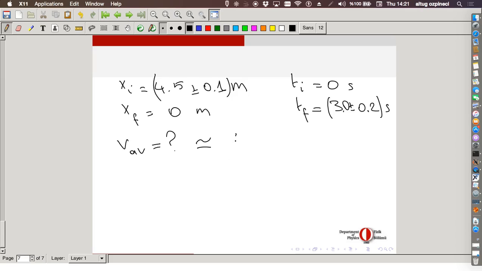Okay, so what's delta x? Delta x is minus 4.5 over 3 seconds. Minus 1.5 meters per second. Do you agree with this calculation? What's wrong in this calculation? Okay, there's the meter missing over here. So it's 4.5 meters divided by 3 seconds. So this is the average velocity, minus 1.5 meters per second, approximately. Okay, the error we didn't estimate. We are not looking at the precise value.